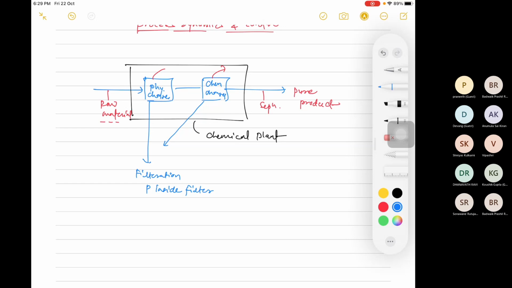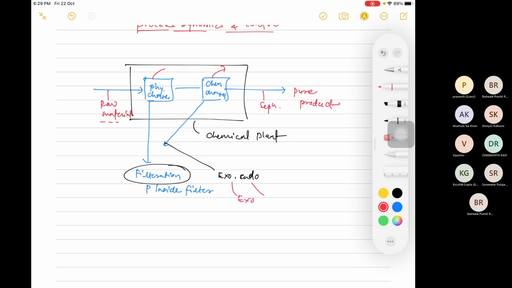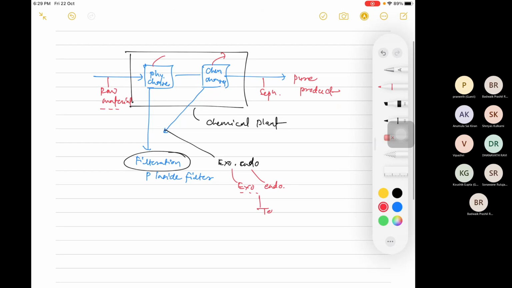So in order to do all this process, you need to maintain the parameters which are required for that unit, for filtration, or for a chemical reaction, whether it is exothermic or endothermic. Suppose for some time the reaction is endothermic. After some 60 minutes or 18 minutes, there will be a change in the dynamics of the reaction. There might be an exothermic reaction followed by endothermic, or endothermic followed by exothermic, and you need to maintain the temperature at a constant value.